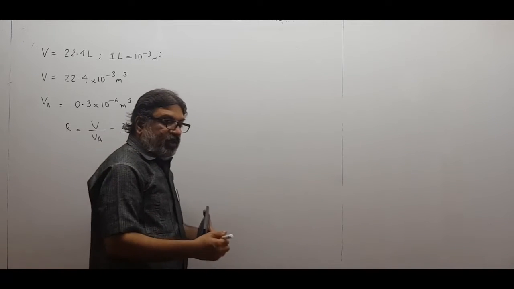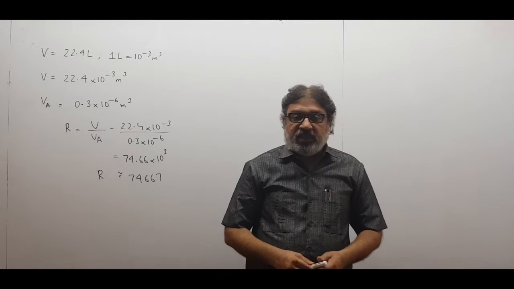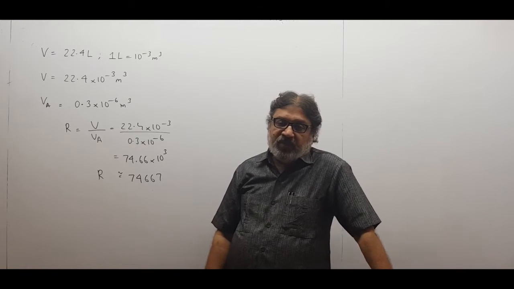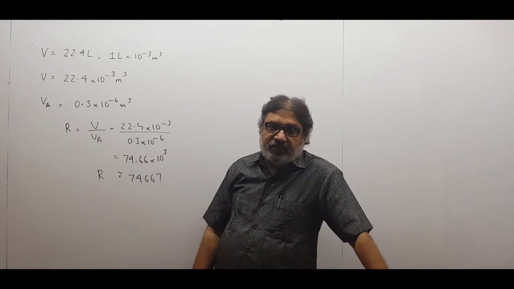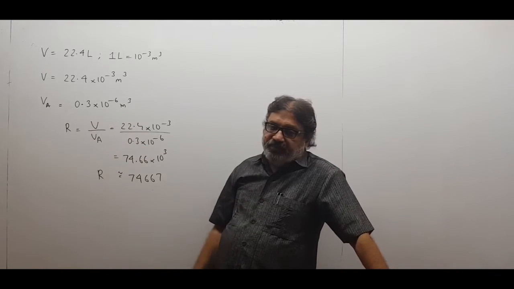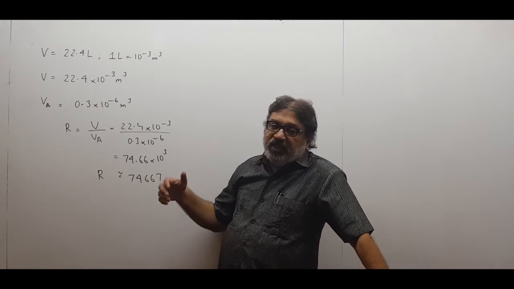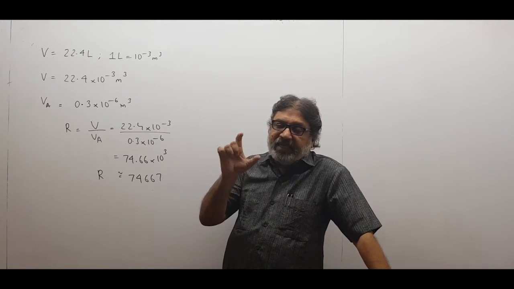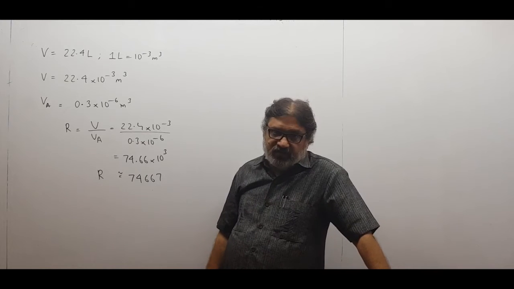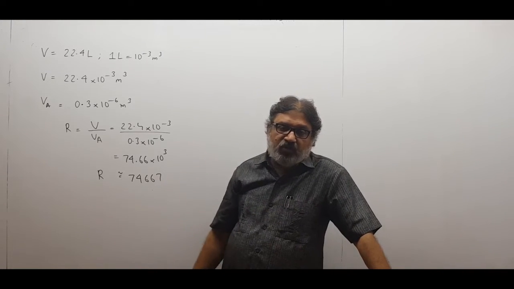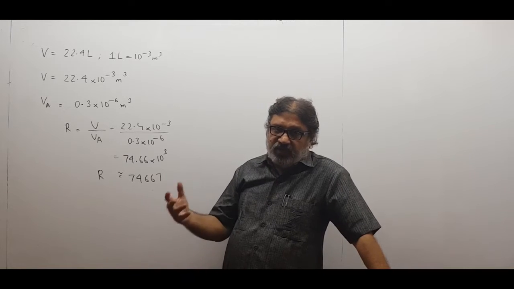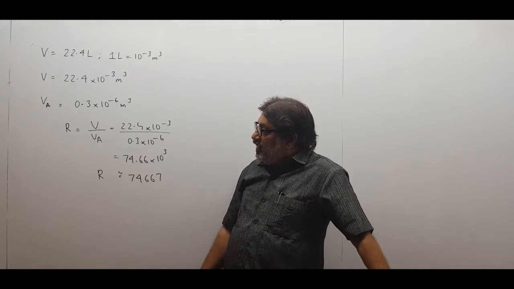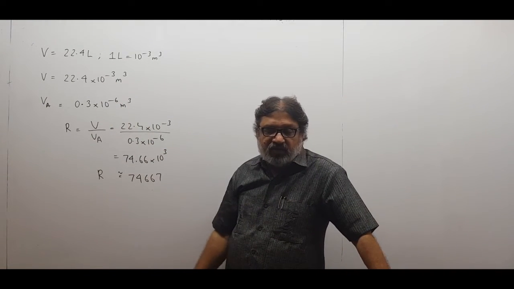So you can see the ratio is very large, children. That means the container will be very large in which you want to fill up 1 mole of hydrogen molecules at standard temperature and pressure, whereas actually they occupy only this much volume. So why do they require such a large volume when they spread out at standard temperature and pressure? Because you have to understand, the intermolecular distance between the gas molecules is very large. So a lot of gap is there between two molecules, because of which such a large volume is occupied by the gas. When we fill it in a container at standard temperature and pressure, instead of this small volume, it occupies a very large amount of volume.